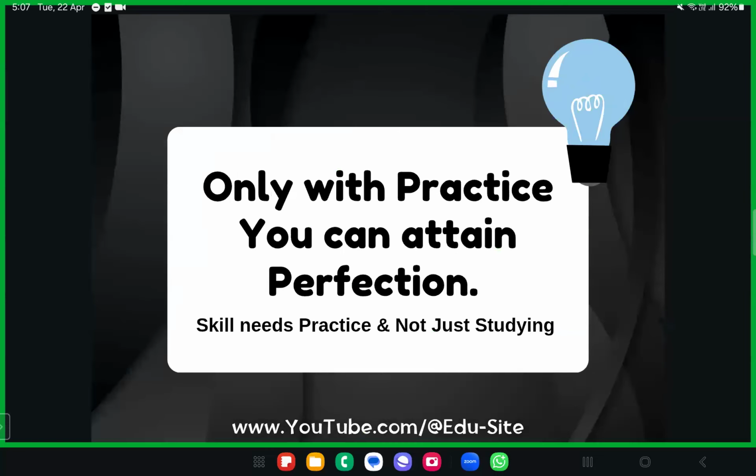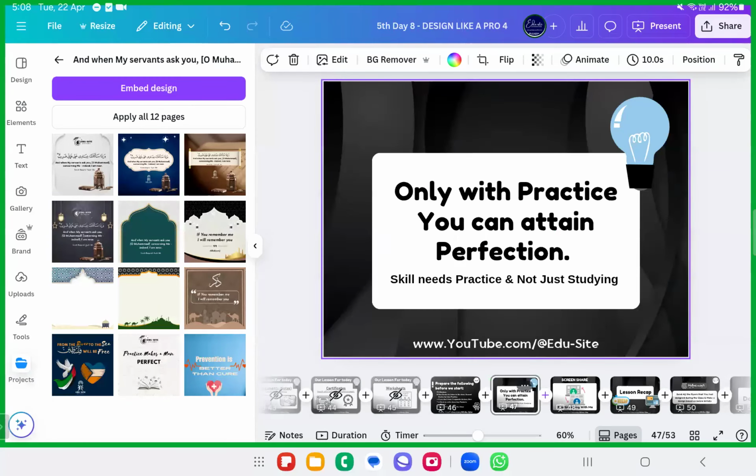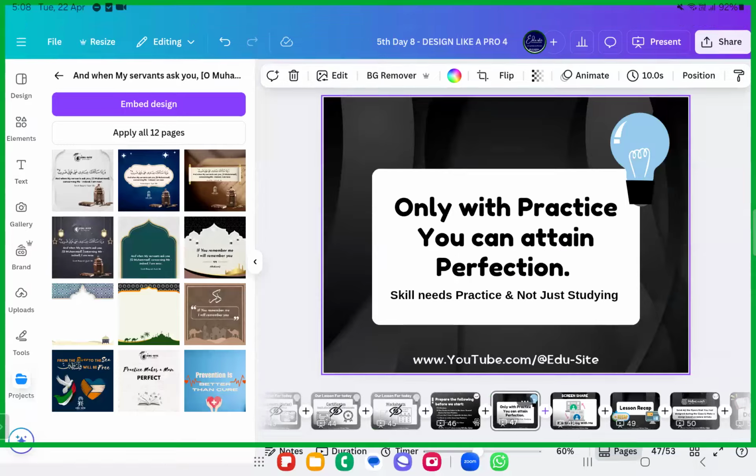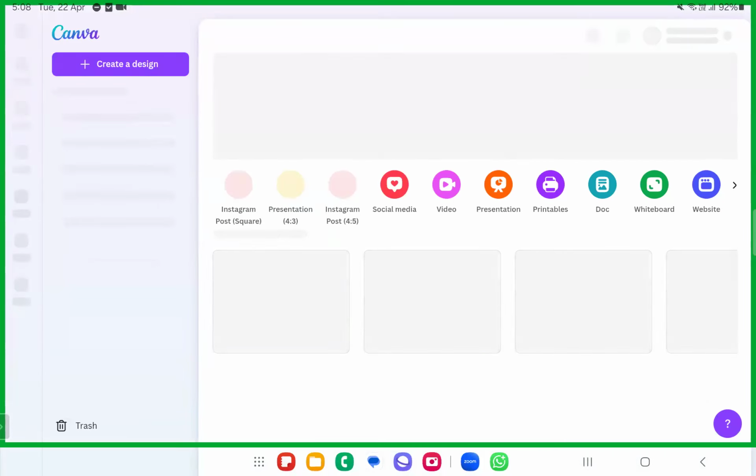So let's begin. Be ready with two devices. One to listen to the class, one to watch the session, and another device for live practice. If you cannot practice live in the session, please do it after the class, okay? But make sure you're following the screen that I'm showing you, inshallah, because that is an important thing to go ahead with the designing, okay?